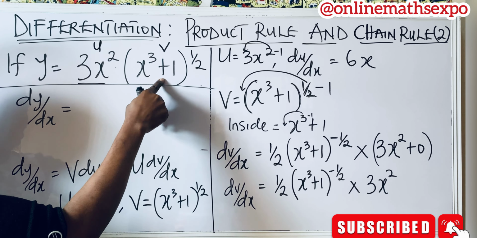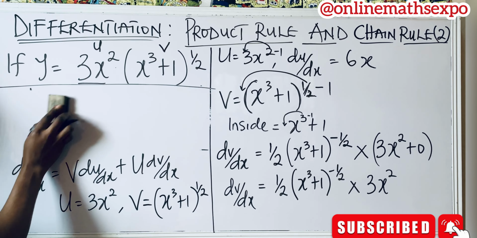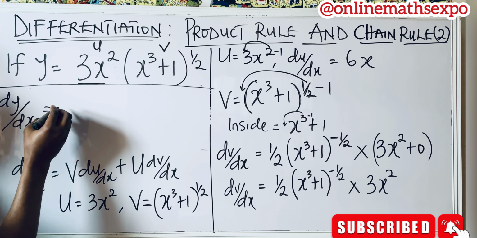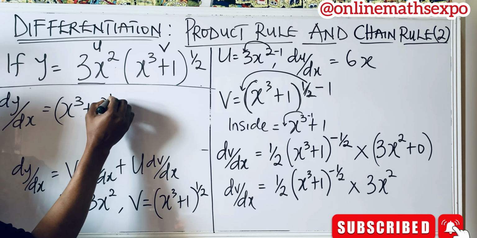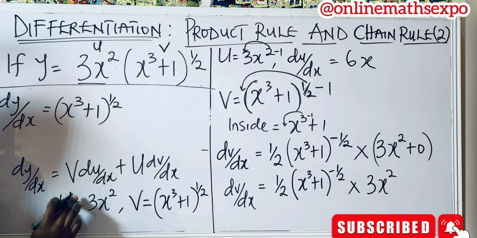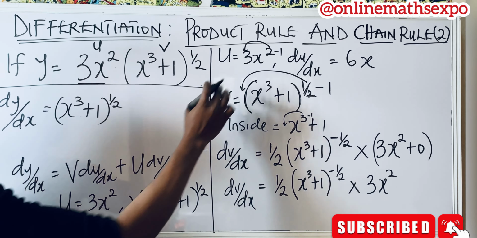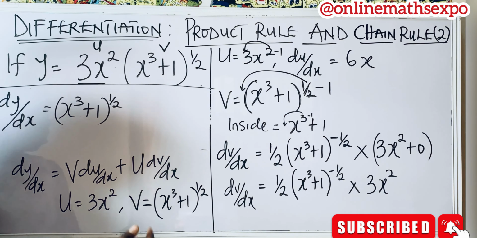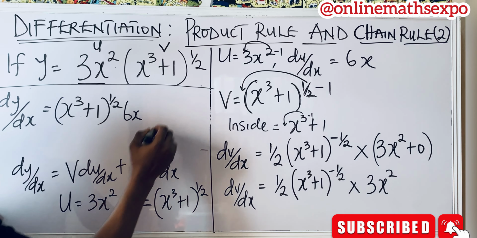So our v is x cubed plus 1 to the power of half. Then du dx, go to where you differentiated, du dx gave us 6x. You see, we are now doing substitution. Then plus